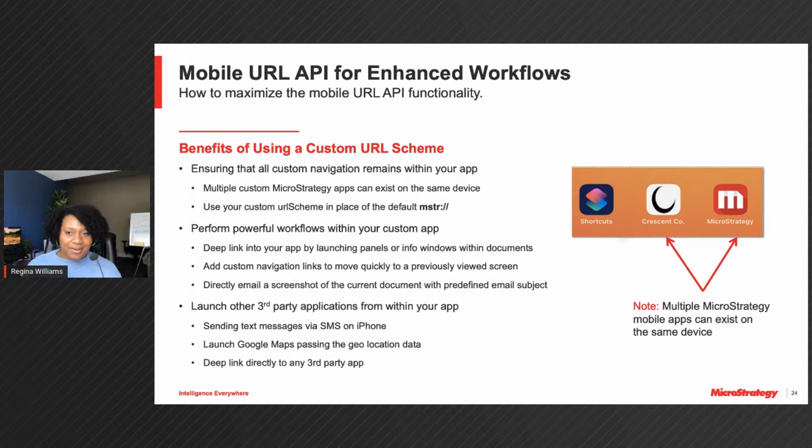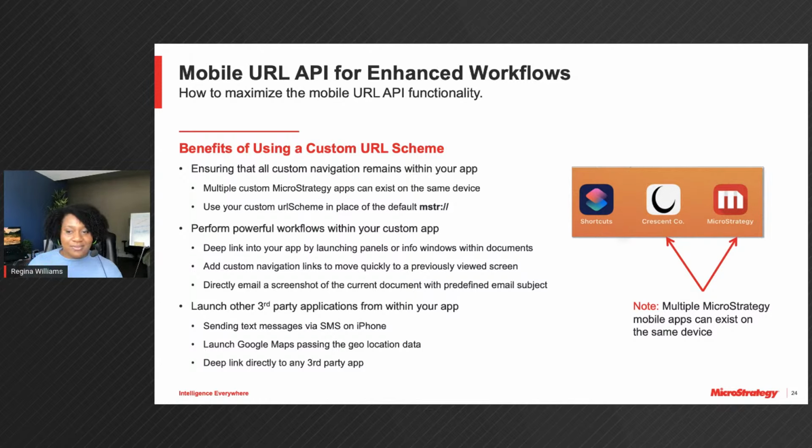There could even be a scenario where an end user has another app downloaded whose base also happens to be the MicroStrategy mobile app. So it's very important that any mobile URL API used in the documents references your custom URL scheme instead of the default MSTR URL scheme. Other benefits it brings: it allows you to perform deep linking activities within your own